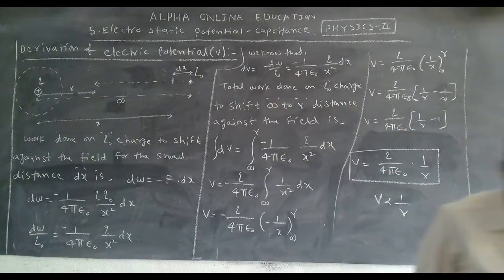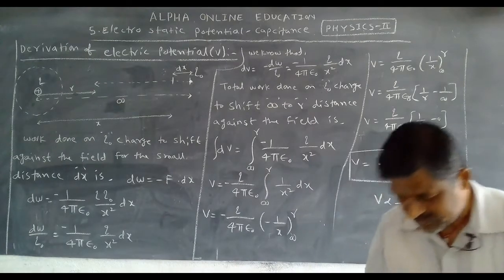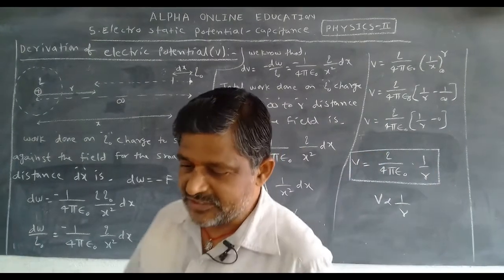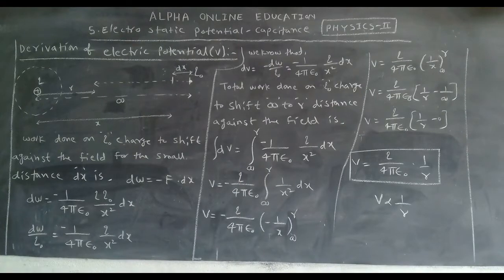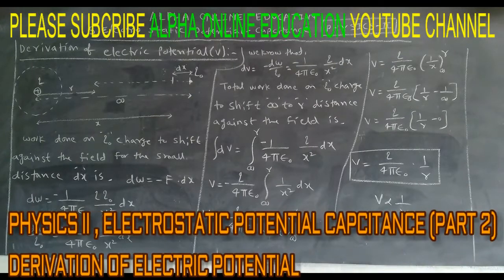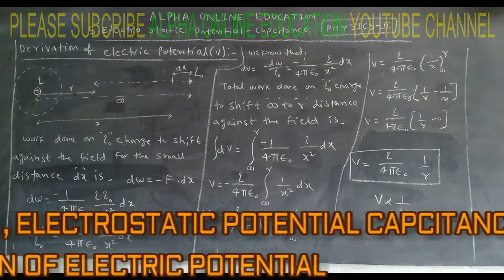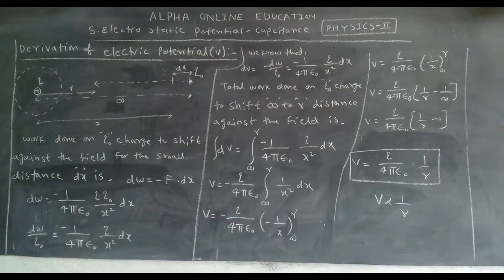Okay, when is electric potential positive, when is electric potential negative? Electric potential is positive when the charged particle is shifted against the field. Electric potential is negative when the charged particle is shifted in the direction of the field. Okay, and this is also one of the important points, though not from the examination point of view, and must be remembered. Electric potential is positive when it is shifted against the field. Electric potential is negative when it is shifted in the direction of the field.